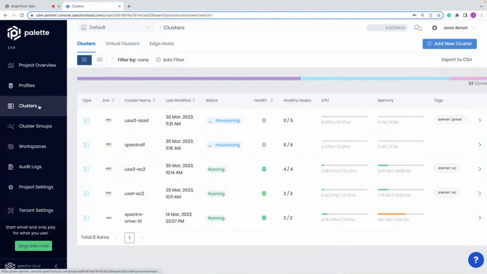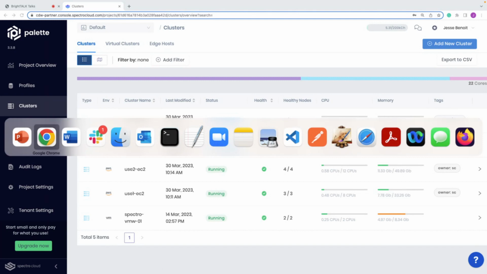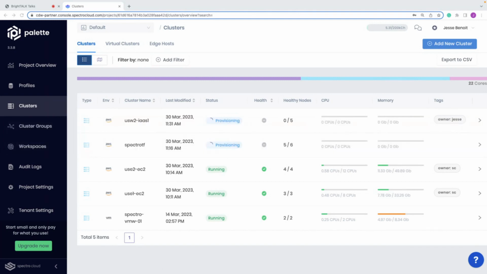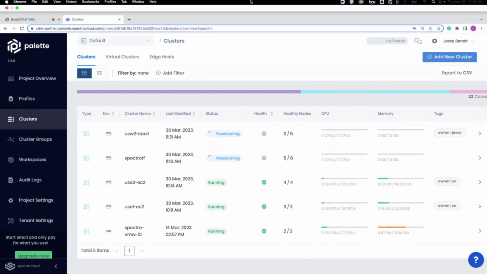Actually, Kyle, maybe now's a good time, while we watch these changes roll out for you, to talk a little bit about app mode, or maybe I should share a slide to set that up. How do you want to do the next? Yeah, would love to have you set that up via slide. We're probably going to wait just another couple minutes until that cluster is done provisioning, and then we'll fire off another Terraform run that'll set up a virtual cluster and some app profiles and do an app deployment.